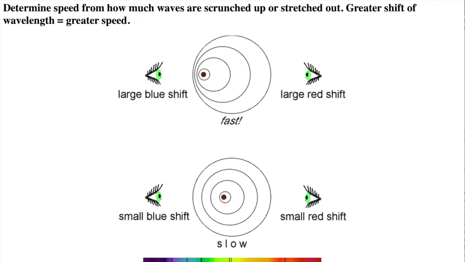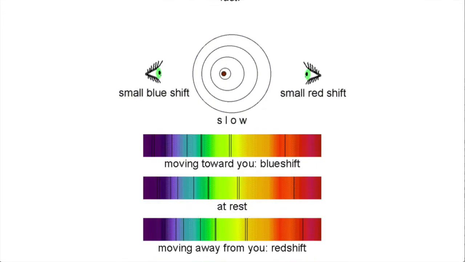It's much easier to measure shifts in the absorption line or emission line pattern. With a blue shift, the pattern is shifted toward shorter wavelengths, and with a red shift, the pattern is shifted toward longer wavelengths. The Doppler effect works for any type of wave, including any kind of light wave, whether it's gamma rays, visible optical light, or radio waves.